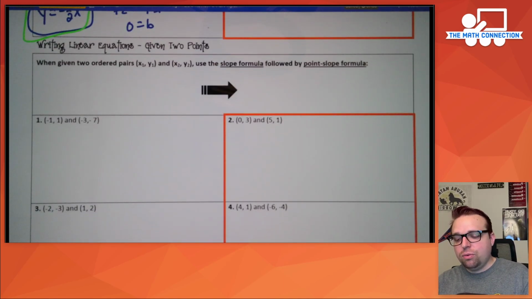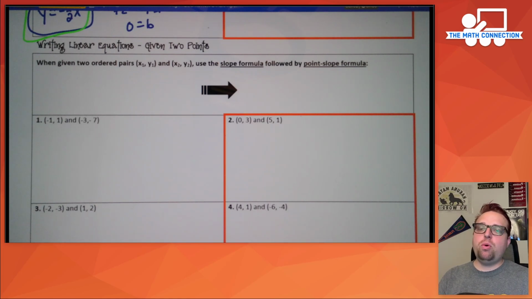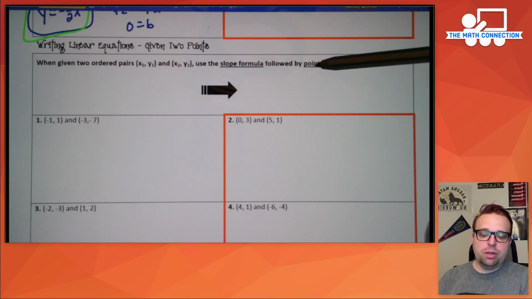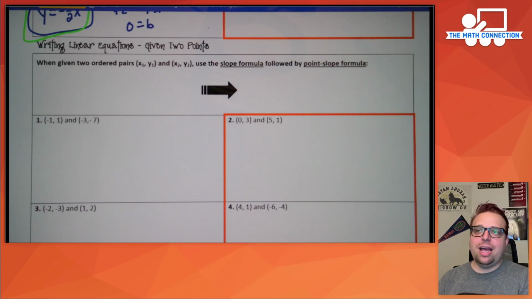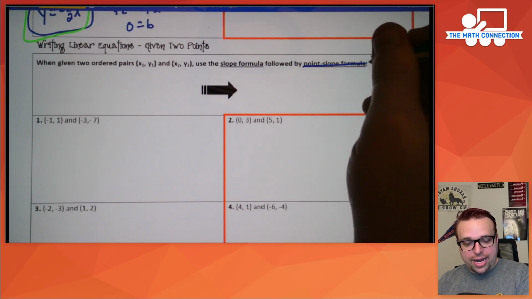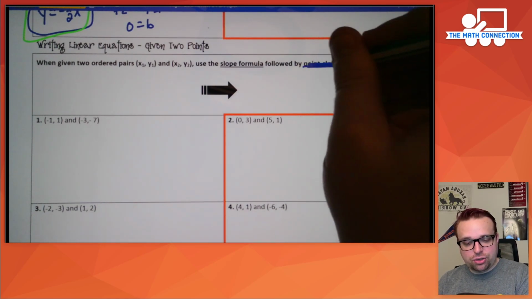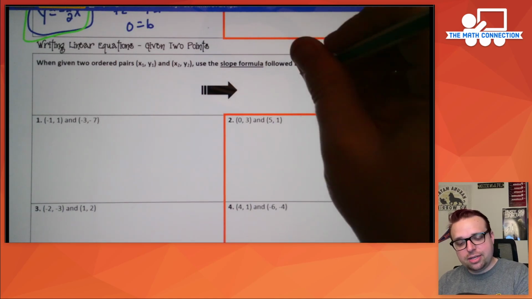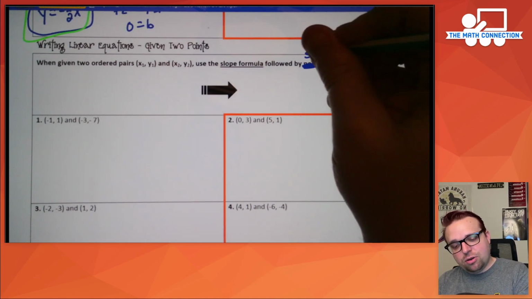Next section, writing linear equations given 2 points. So you don't know the slope, you only have 2 of the points that are on the line. So you don't know the slope and you don't know the y-intercept. These directions say use the slope formula followed by point-slope, and I don't like that. I mean, it works, but it's one more formula to memorize when you can just use slope-intercept form. So we're going to cross this out. I want you to make sure you're doing this on your paper too. Cross this out, and you're going to put